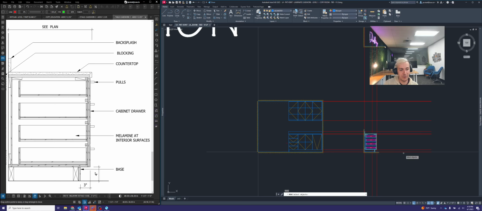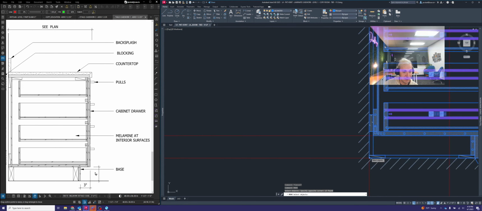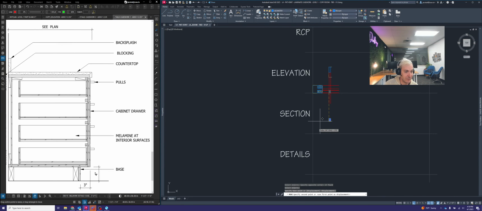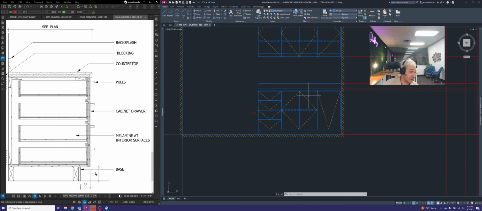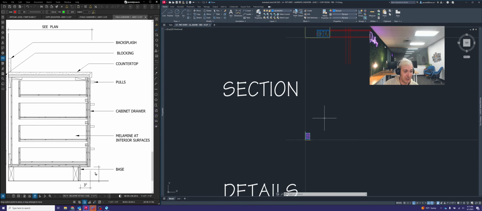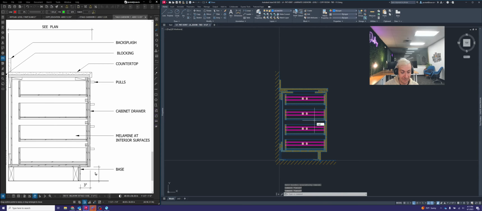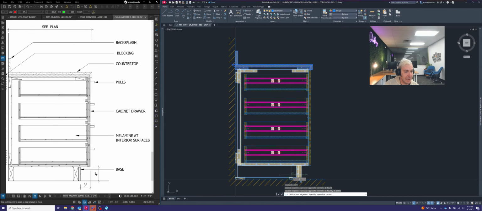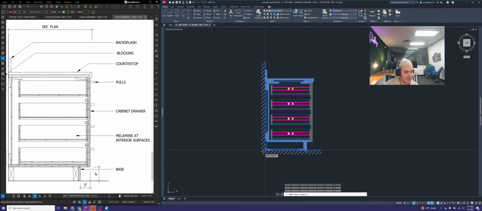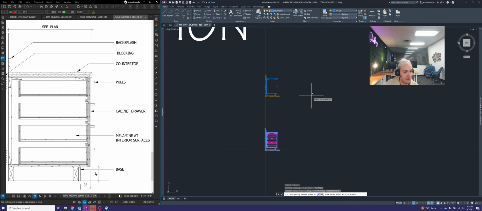All right. Now what I'm going to do is move this section view using the move command. I'm going to place it down below where our section views are going to live. So down here on this grid down here. I do need to salvage parts of this to make the next cabinet. So the next cabinet is a 2-door base cab. So keeping that in mind, we should have the same countertop, the same backsplash, same cabinet carcass, and same wall and floor hatch there. So I'm going to copy this back up to the top,